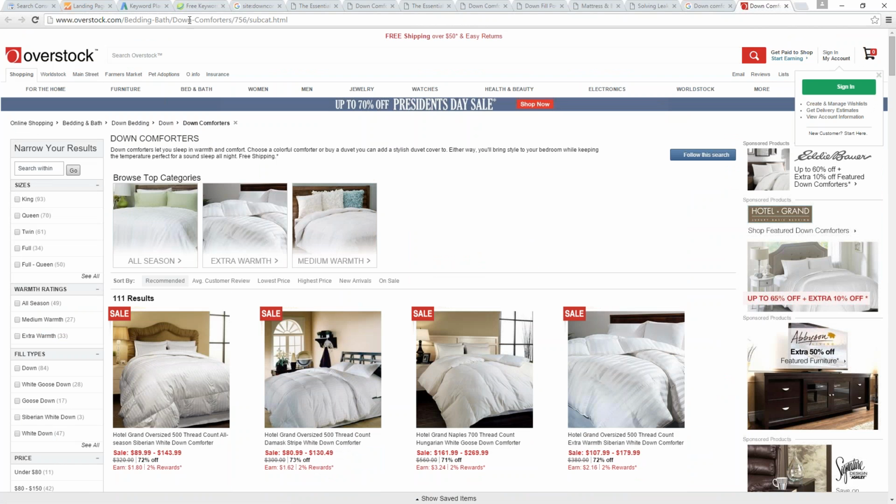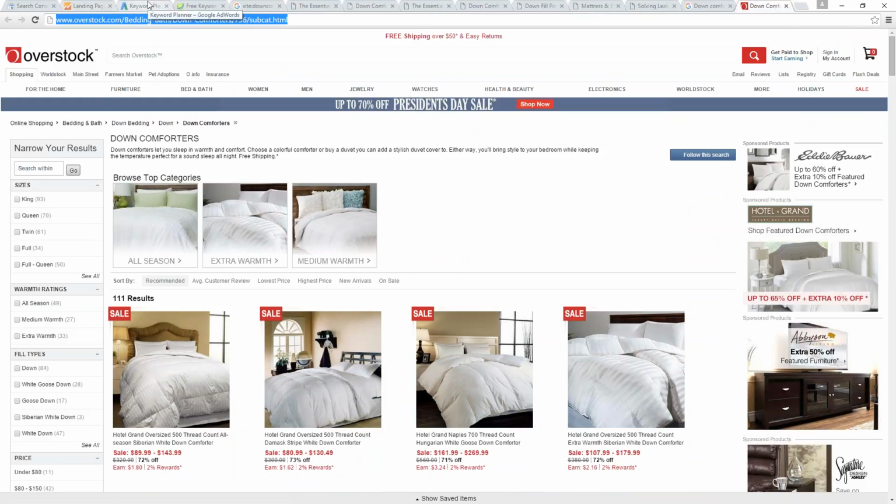So the question is, what is this page writing about? What kind of content does it have? Is it something that I can quickly take a look at and figure all that out for myself